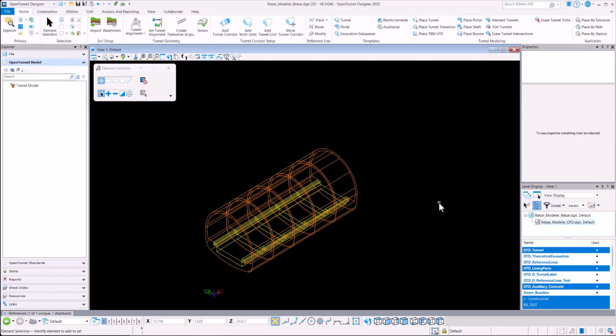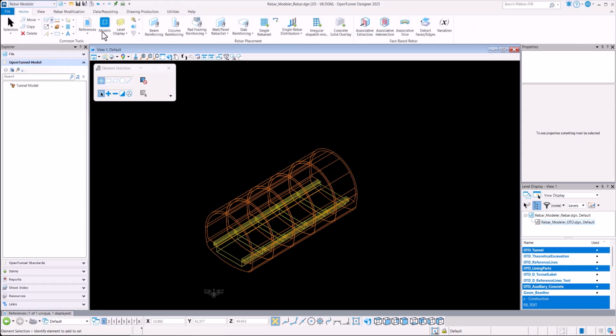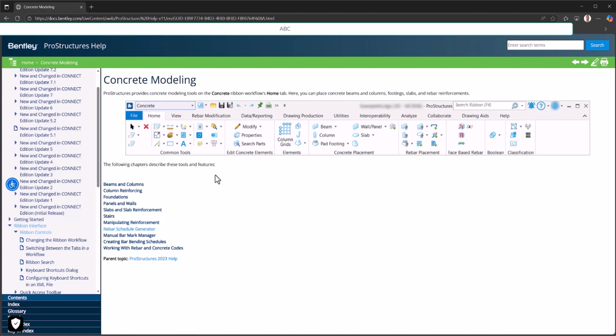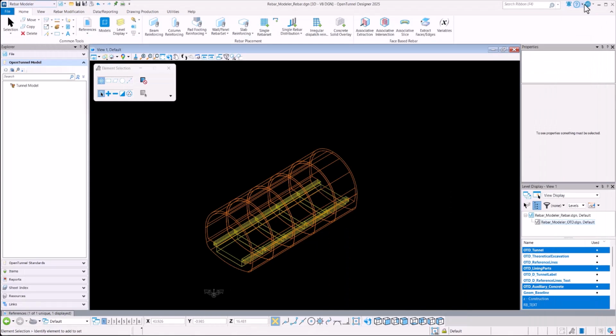One of the main highlights of OpenTunnel Designer 2025 is the technology preview feature called Rebar Modeler. Basically, Rebar Modeler is an engine that is based on ProStructures rebar modeling tools. So with this new workflow, you will be able to add and model